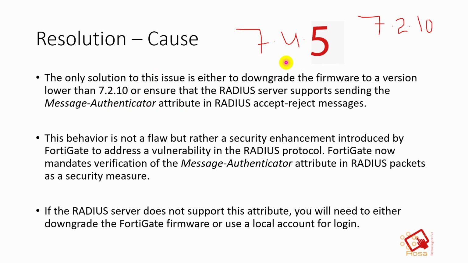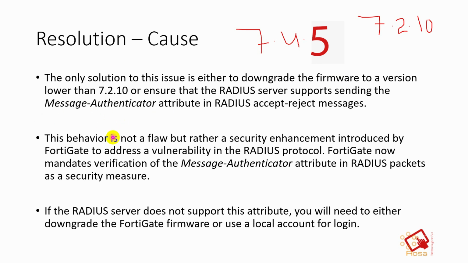Similarly, if you are in the 7.4.x series, then you should downgrade the firmware to lower than 7.4.6. Otherwise, there is no other workaround as of now. And if your Radius server supports this attribute, then you just have to enable that attribute setting on the Radius server. Most of the vendors are now supporting this. So if you face this issue, you just go to your Radius server and enable this